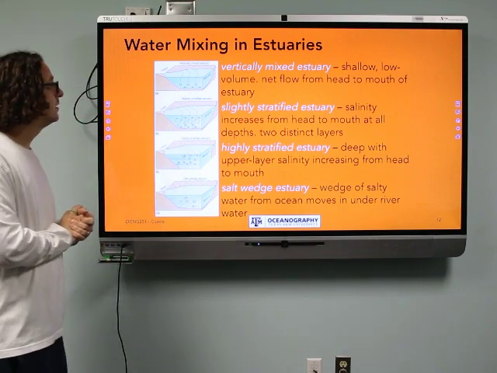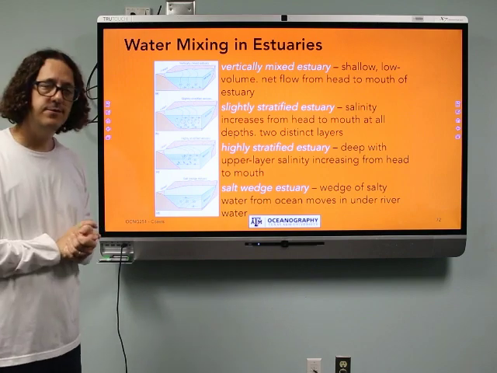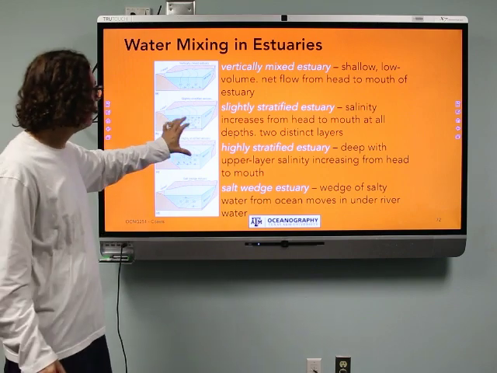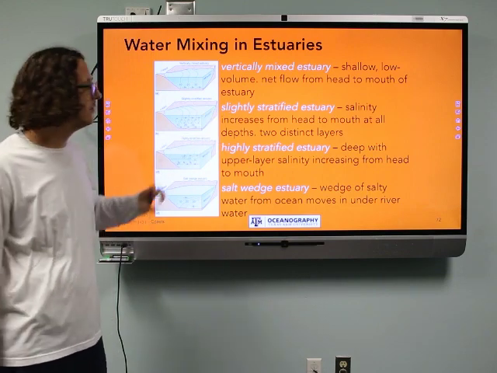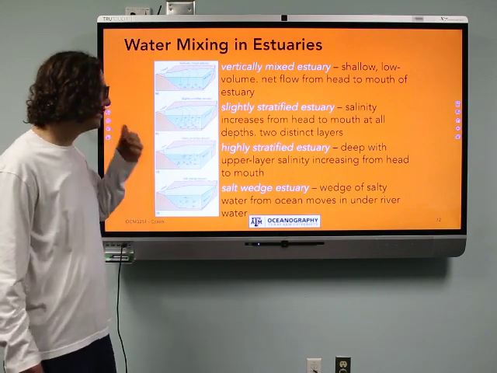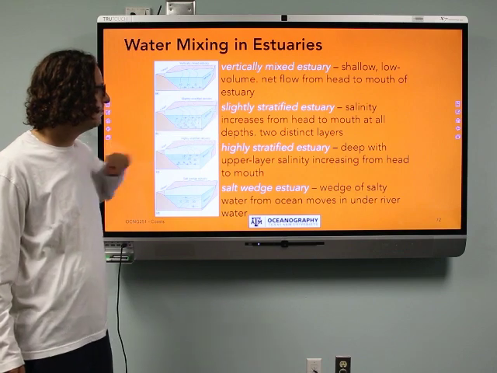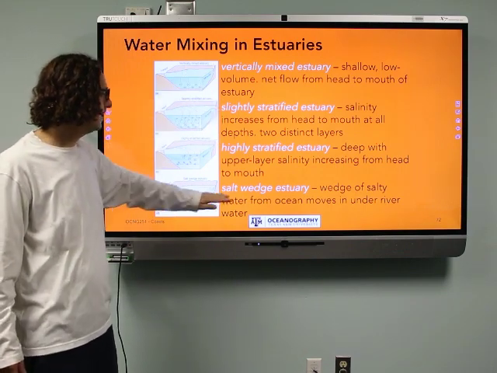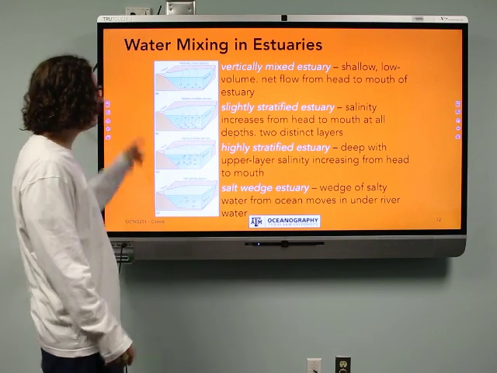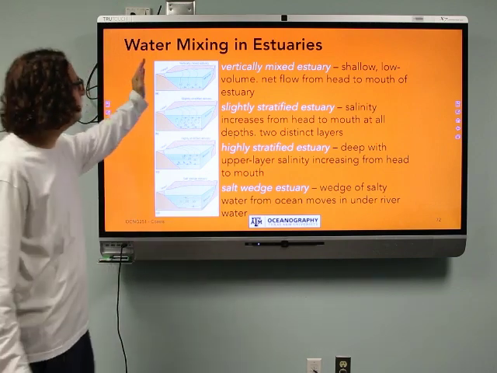So there's 4 flavors of these, but really in my mind, these two kind of grouped together, and I think for what's really expected from this course, you can kind of group these together into stratified. So there's vertically mixed, stratified, and a salt wedge estuary. I can tell you what they kind of look like. A vertically mixed estuary,